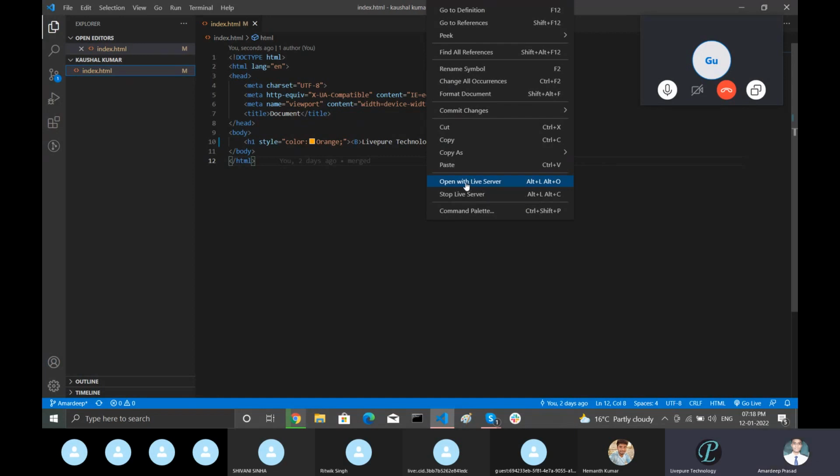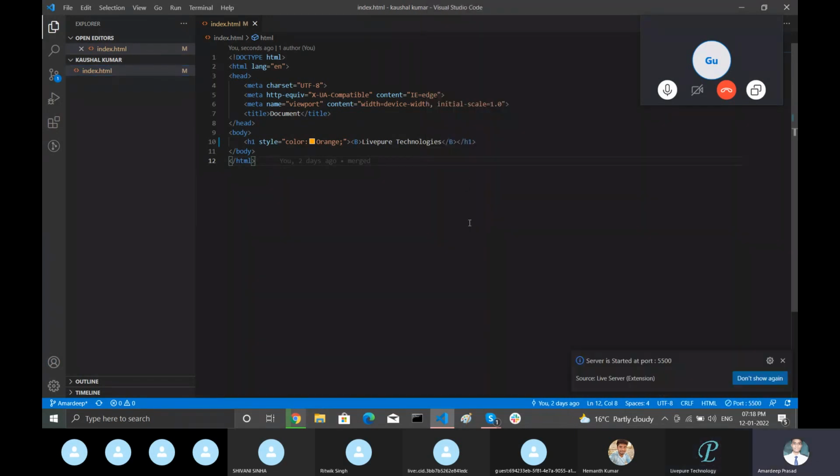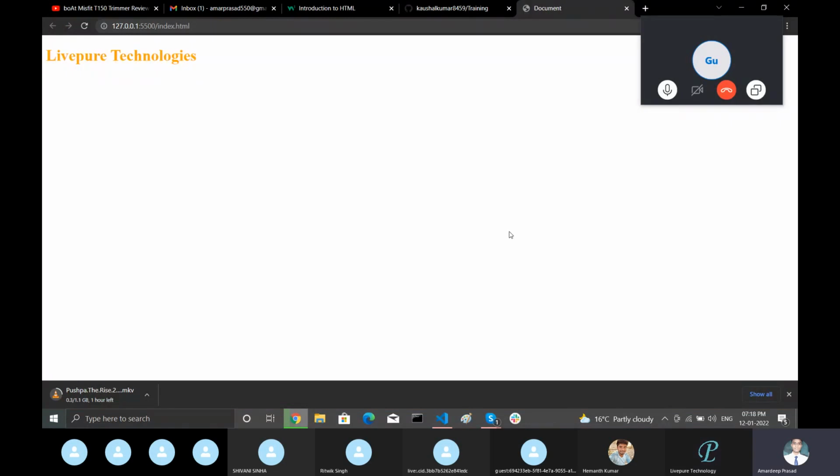Just click that. See, now whatever he had written on his HTML page is visible here. But previously, if you directly load that page, then you will get some location in the URL, like a D drive and some folder name in the URL.